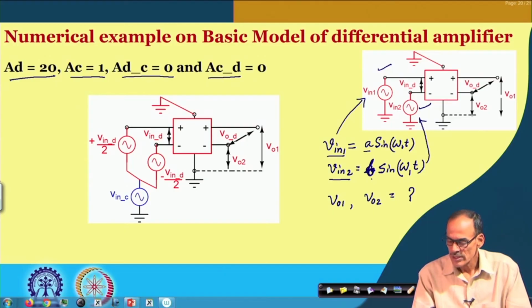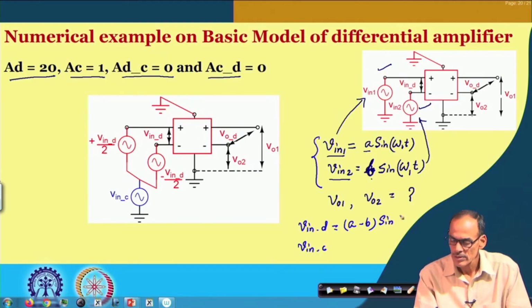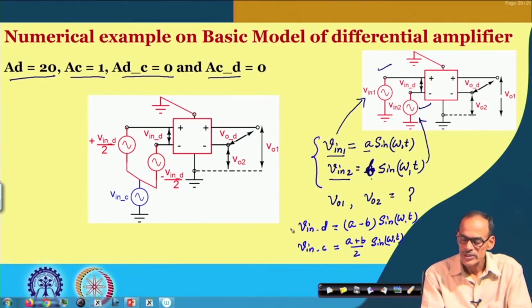So, the better option is to convert this signal in the form of V in D and V in C. So, what is V in D here? It is the difference of these two signals, so that is A minus B sin omega 1 t. And then the common mode signal is A plus B by 2 sin omega 1 t. Now, this differential part